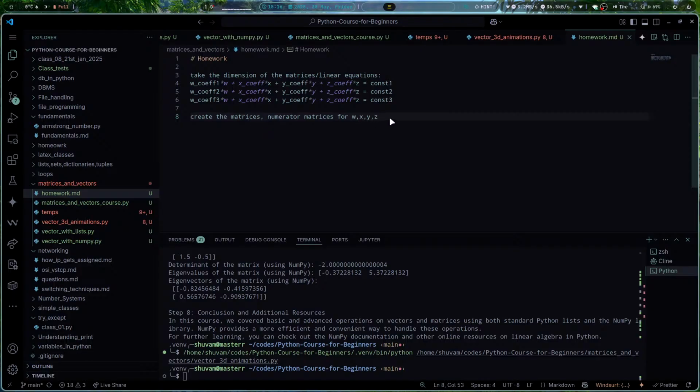Now you create the numerator matrices for w, x, y, z, or whatever dimension you are working on. Remember to make the program dimension agnostic. It should work for any dimension, but you will take the dimension from the user. Okay. Then basically you implement the Kramer's rule